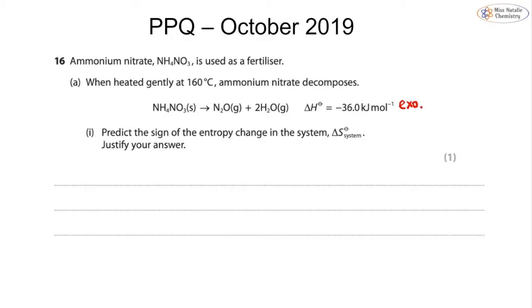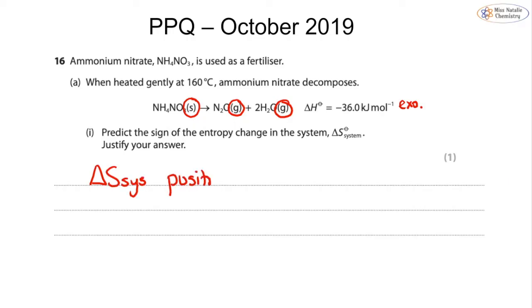We want to, first of all, predict the sign of the entropy change in system and then justify our answer. So we want to say, is the entropy of the system going to be positive or negative? This is before we even look at a calculation. There are a couple of possible reasons. We can look at the change in state, or we can look at our number of moles. We can see that we go from a solid to 2 gases. This is going to give me an increase in my entropy, meaning the entropy of the system